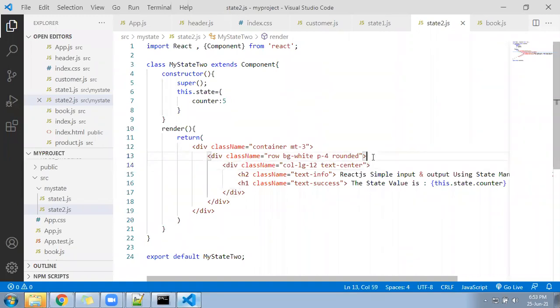Then in the browser, the background will be white, padding of 24 pixels will get applied, and some radius will also get applied.